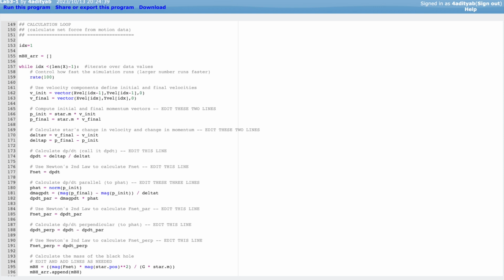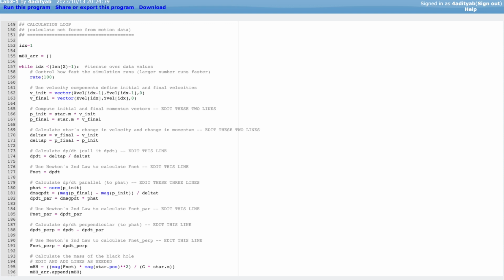Then I find the parallel component of dp dt by taking the magnitude of dp dt we just calculated and multiplying it by p hat. And since the parallel component of force equals the parallel component of dp dt, F net par equals dp dt par. And the perpendicular component of dp dt just equals dp dt minus dp dt par, and F net perp